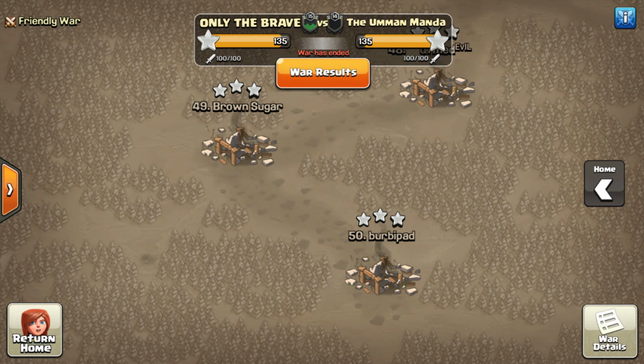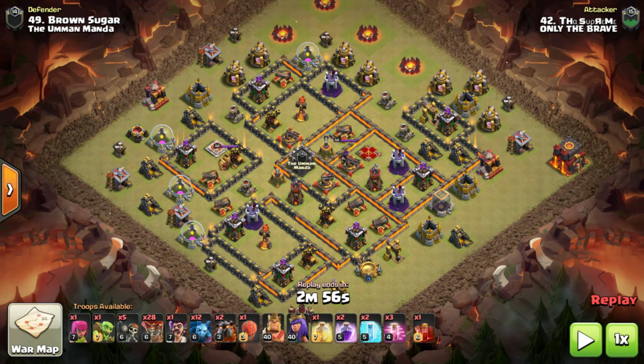Let's go ahead and jump into the first example we have here for you guys. So let's take a look at this first base design. You can see that there is a ground expo, but the other thing you're going to notice is where the air sweepers are placed. They are placed towards these multi-infernos, meaning that it's going to be fairly difficult to get some sort of value